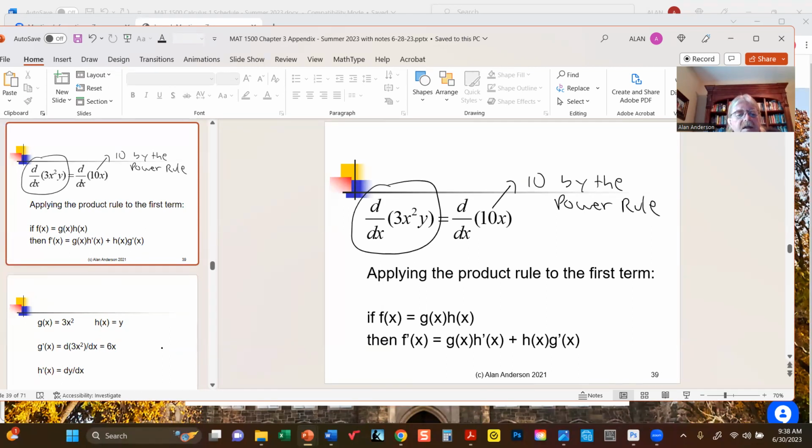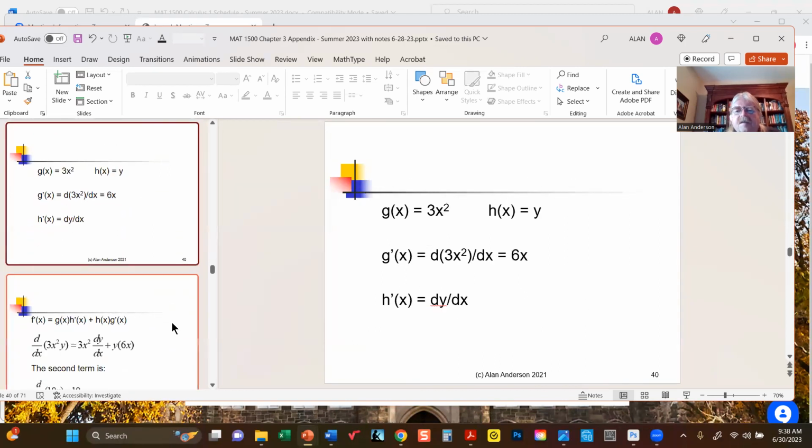So let's think of this. We're going to use the product rule. And we're going to have, we'll let g of x be the first term, h of x be the second term. Now, what do we get out of that? Well, let's copy this to the next slide. So this is g of x and h of x. Now, if I take